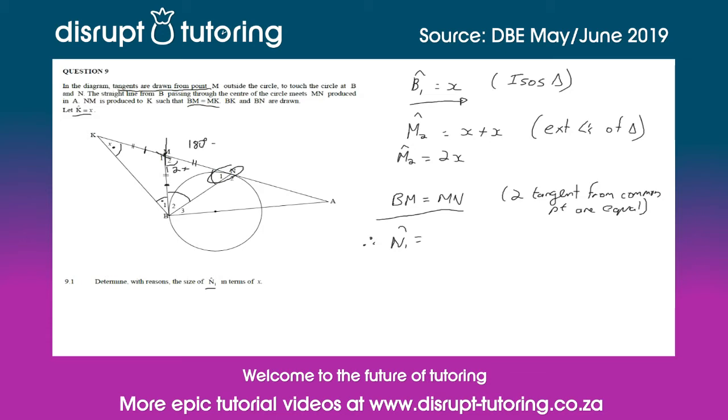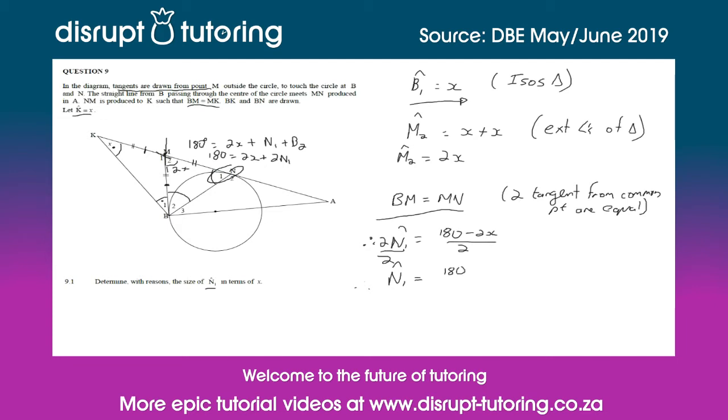So 180 degrees is going to need to be the 2x, which comes from your M2, plus N1 plus B2. But we know that B2 equals N1, so we can say also that 180 is going to need to equal 2x plus 2N1s. So 2N1s is going to be 180 minus 2x, divide by 2, divide by 2. So therefore N1 is going to equal